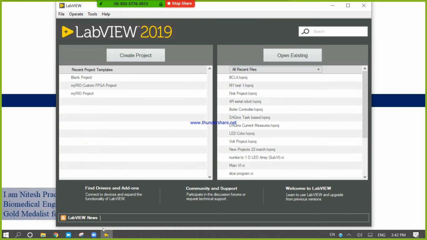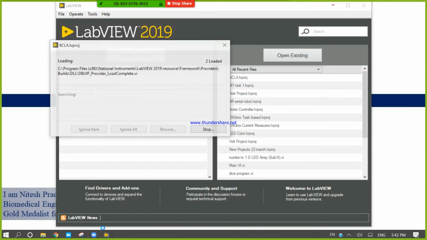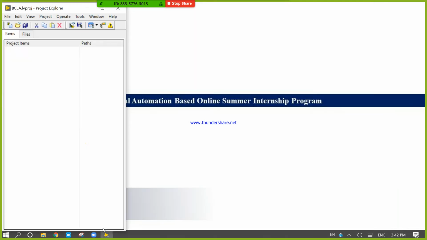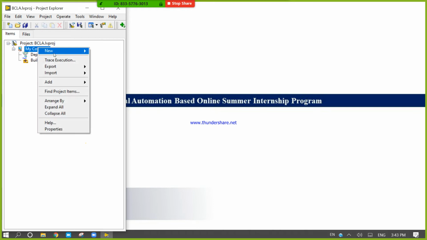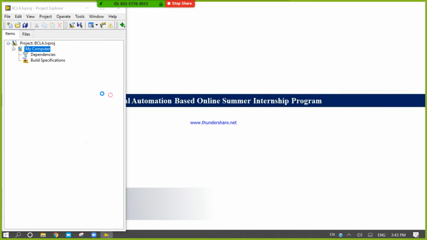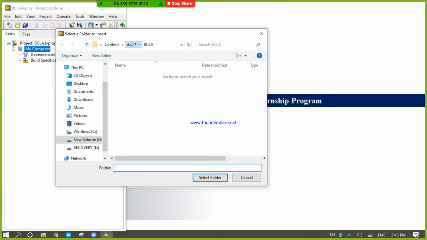Now again I can use that project. Whenever you design or try to target any project, you need to know about all those consequences. Now look here, any dependencies? No. Let's right click, create an auto populating folder. The auto populating folder will be this BCLA.